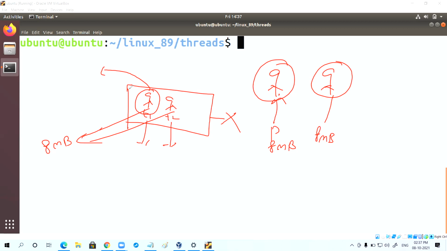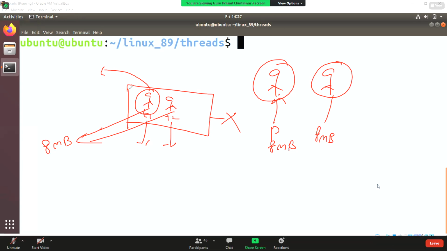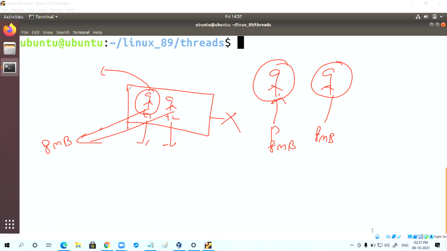The answer is processes are a better option. So these are some drawbacks of threads. One is if one thread tries to access unauthorized memory, other threads are going to be disturbed.